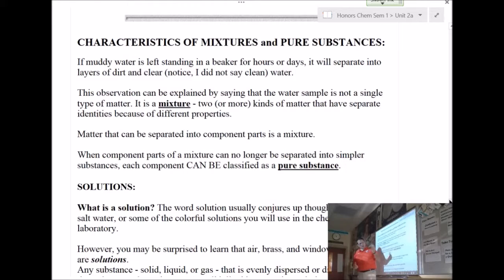However, as I shake this, it's evenly dispersed, but as soon as I stop, all the heavy things go to the bottom automatically. And if I were to ask you, if I come back an hour from now, will it still look like this? No, actually what's happening is the silt will settle and it'll form that nice little silt layer that you can see on here. Now, the water, I probably wouldn't drink it still. It's still got some particulates in there. But desperate times call for desperate measures. I definitely wouldn't drink that.